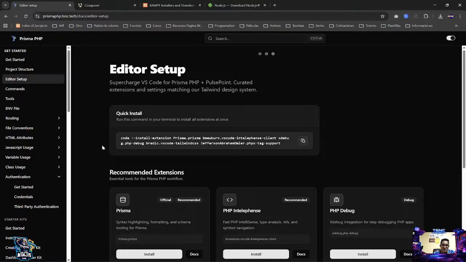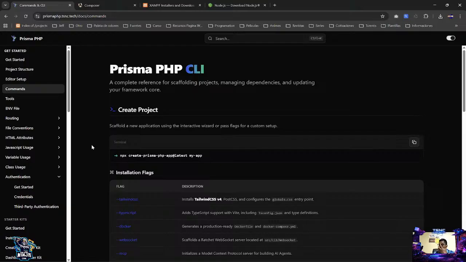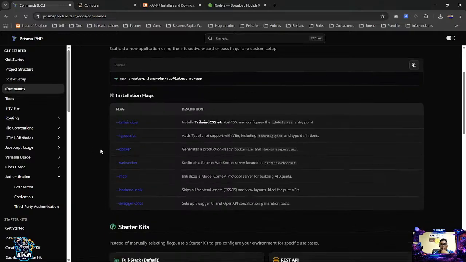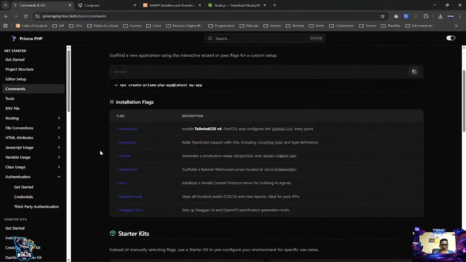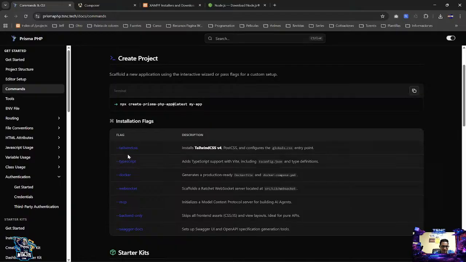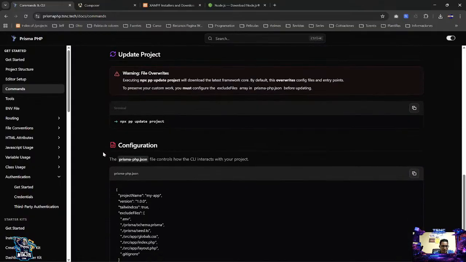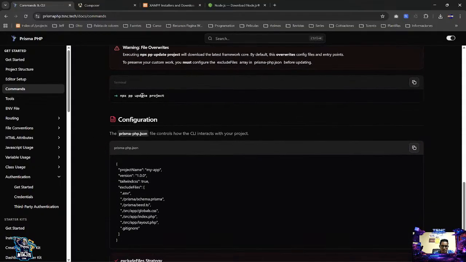Okay, the commands which you're going to be almost using, in this case Prisma PHP in the current latest version, you can even generate without interactive mode. So be aware of that. This is the installation flag which currently has support, and you can see that this command is very important when you want to update your project to the latest version. Maybe we find some issue and we solve it